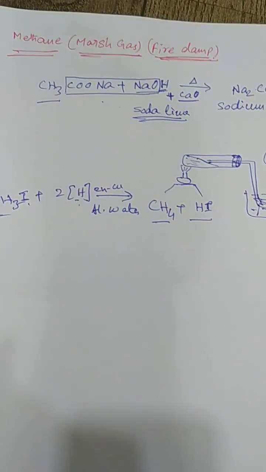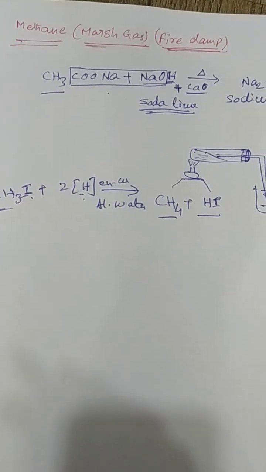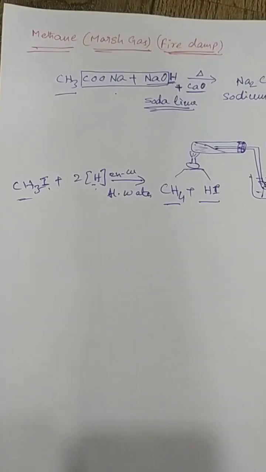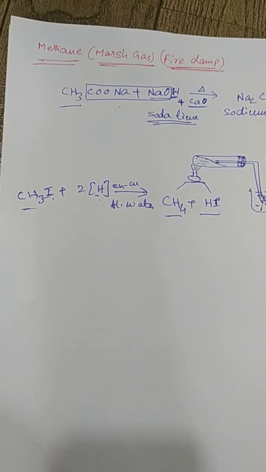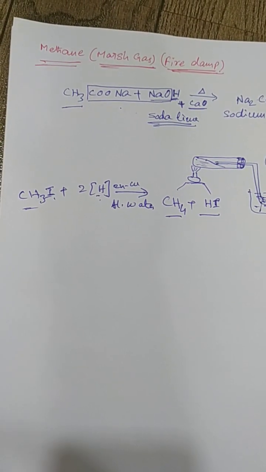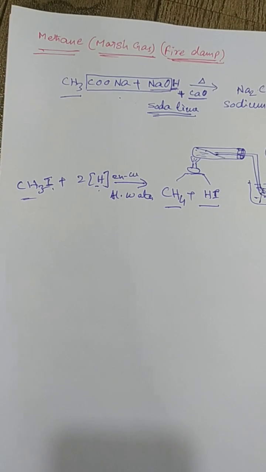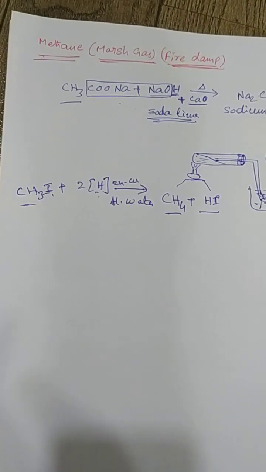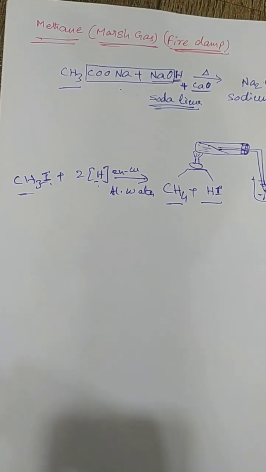Okay, this is the second reaction. These are the two methods that you can understand at the 10th class level. These two reactions are the major reactions to prepare methane gas, that is marsh gas. Okay, now coming to the properties,